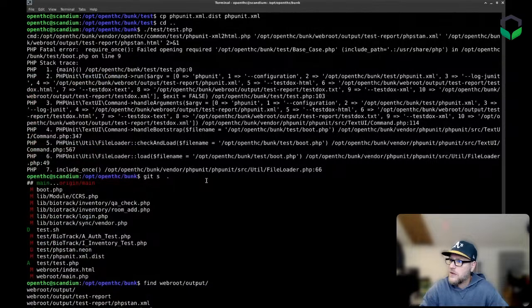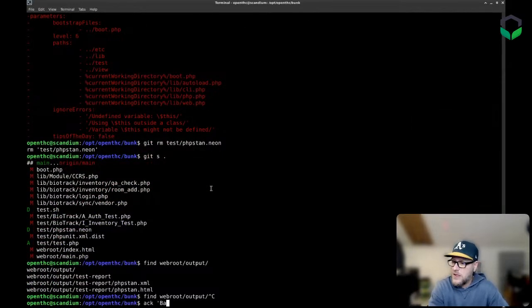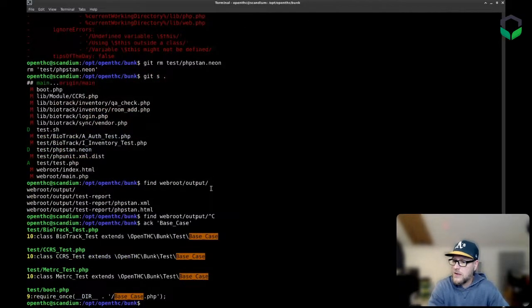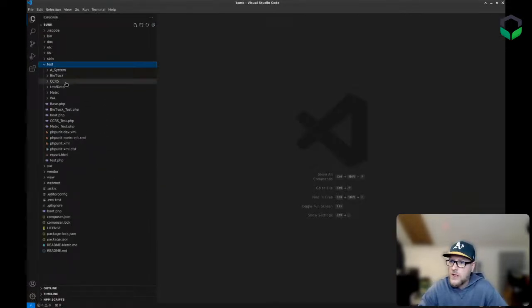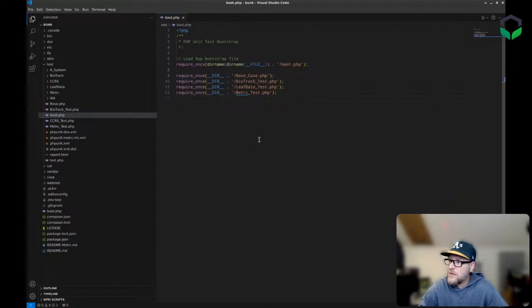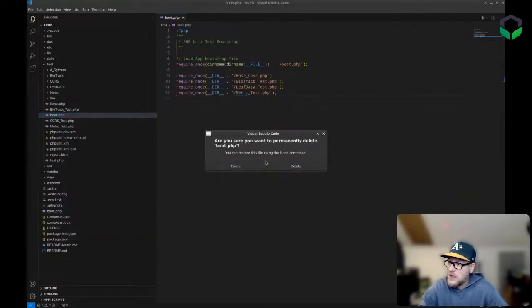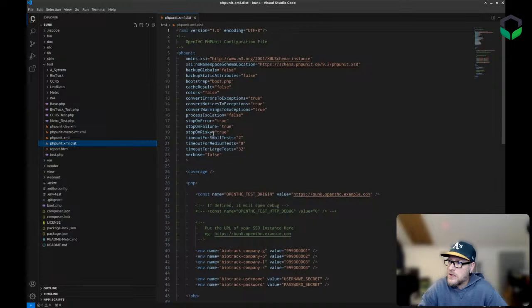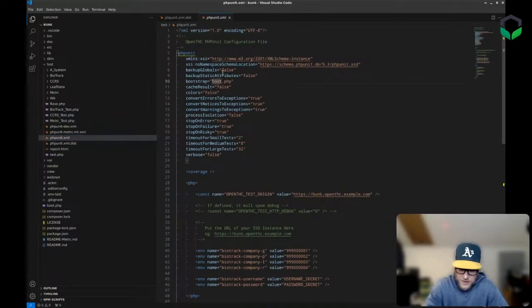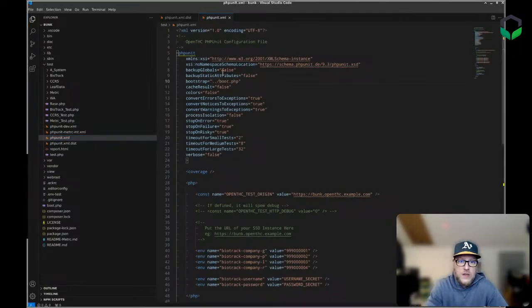What were we just trying? Oh, base case. Nobody can find base case. Lots of our projects have gotten rid of the bootstrapper file in test, and you know what? We're going to do that here too. We do not need to bootstrap any of those. And in the dist file, my bootstrap file is not here, but is up one directory. And we better go to the live one here and say that too. And so now